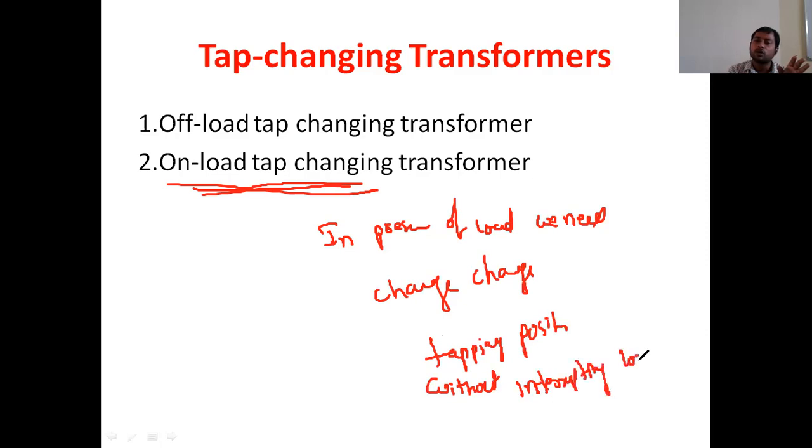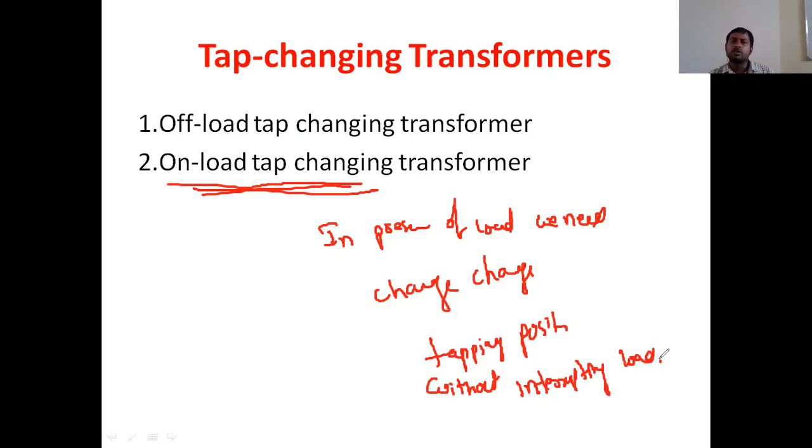Without interrupting the load, nothing but if you connect, in the first one, off-load tap changing, we need to disconnect the load, change the tapping, and then connect the load again. We need to give the supply to the load. Because of this, the reliability of the supply will be reduced, and electrical appliances' performance also reduces, so that the load consumers will feel